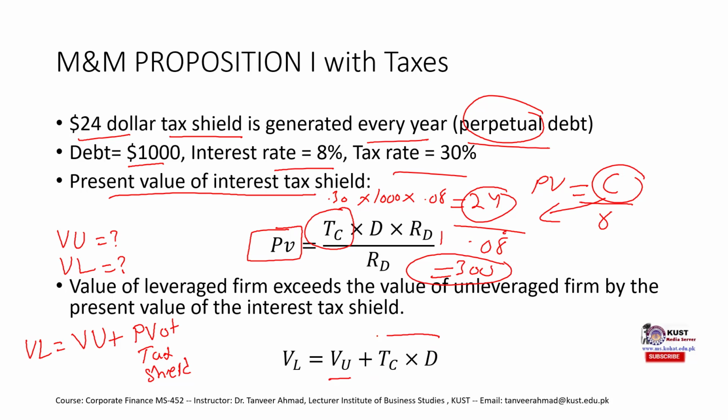So how do we calculate the present value of tax shield? This part of the equation, how do we calculate it? We have this formula, but this RD would cancel out, and then we would be left with the tax rate times the amount of debt. So the equation turns out to be: value of leveraged firm is equal to value of unleveraged firm plus the present value of the tax shield. So keeping this equation in mind,